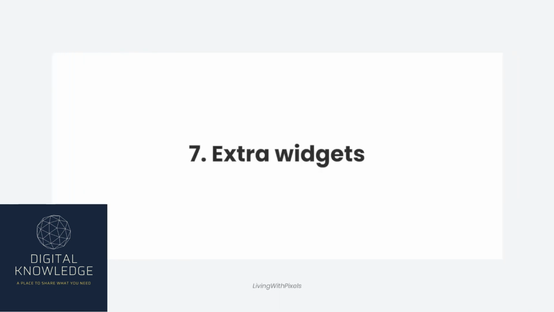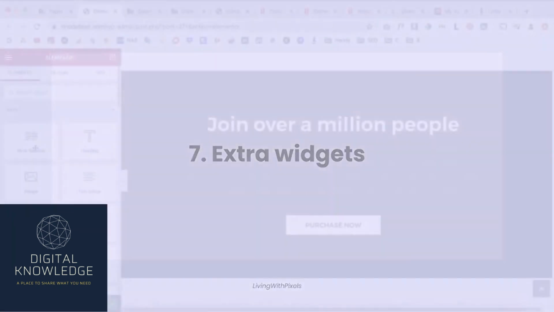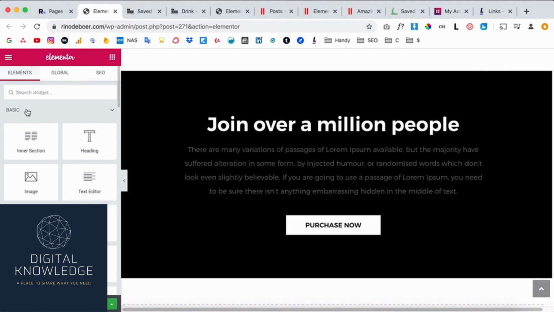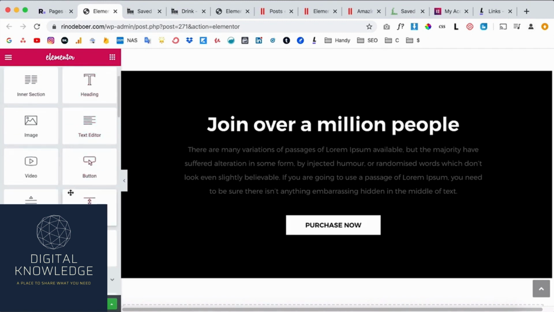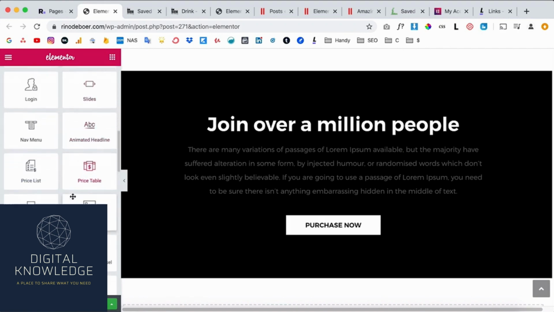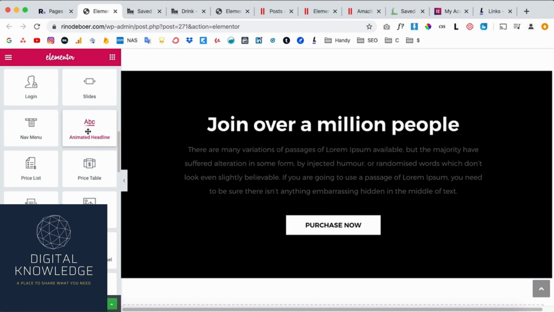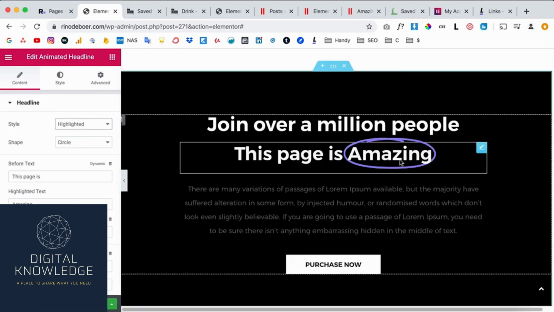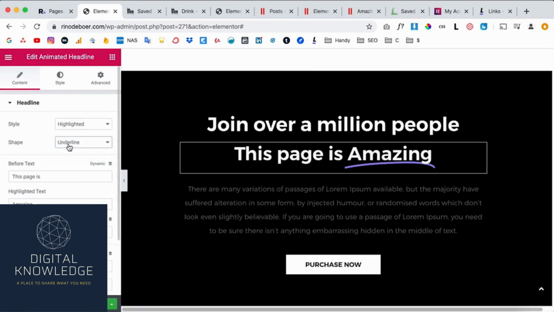Then there's another thing that I want to show you, and that is that they offer more widgets. So if you have the free version, you only have the basic tab over here. So you have a button, a heading, and all of those things. But if you have Pro, you have a lot more elements that you can insert. For example, the animated headline, that's a popular one. So if you want a more creative title like this with an animation, you can do that with the animated